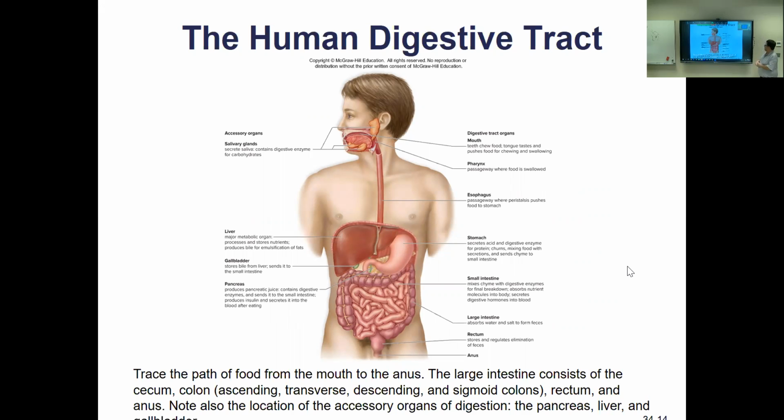But this is so cool to me. This hydrochloric acid kills a lot of bad things, but it must be there for this enzyme to work. Pepsinogen is converted into pepsin. So we begin protein digestion here, and then the food is carried to the small intestine, which you can see here. It starts here.